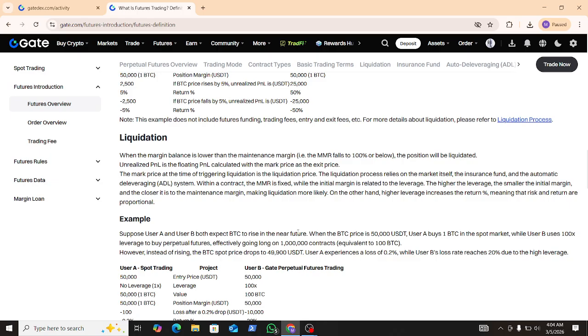Liquidations. When the margin balance is lower than the maintenance margin,